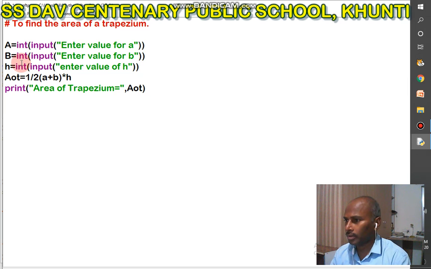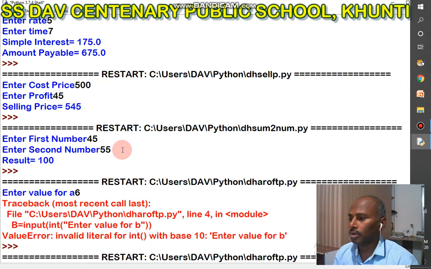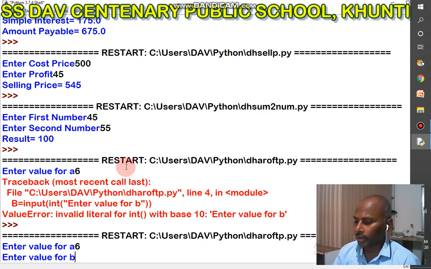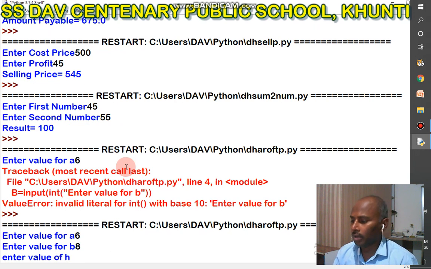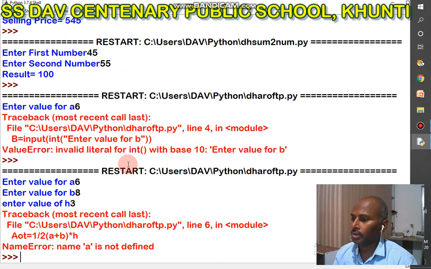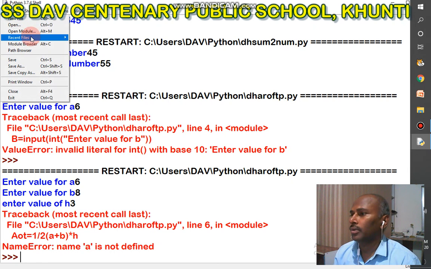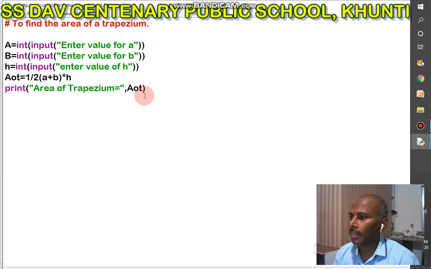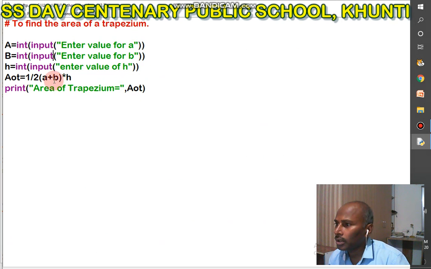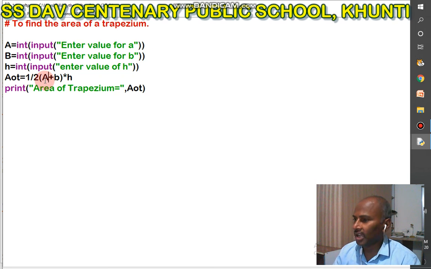Input. We have to run this program. Value of A, value of B, and value of H. Now there is an error. I want to rectify this. A and B are written in small letters and I have it here in capital, so we have to change it to capital.